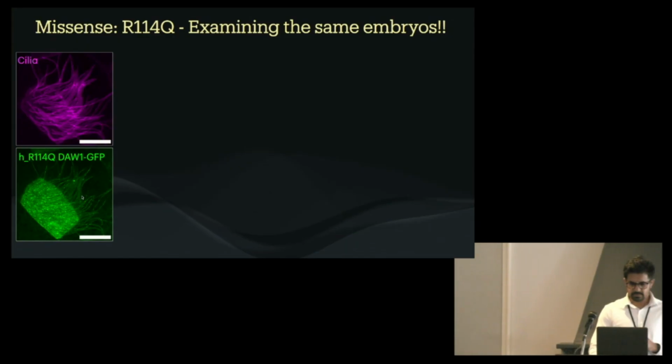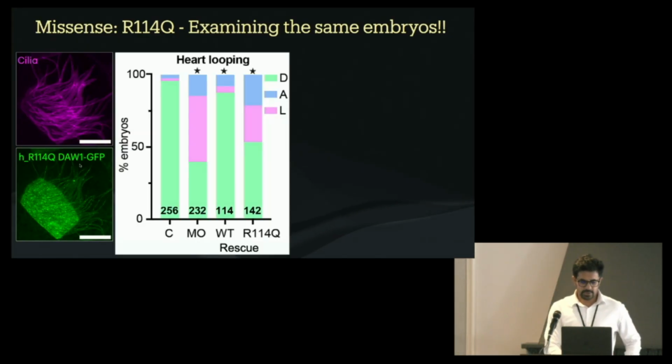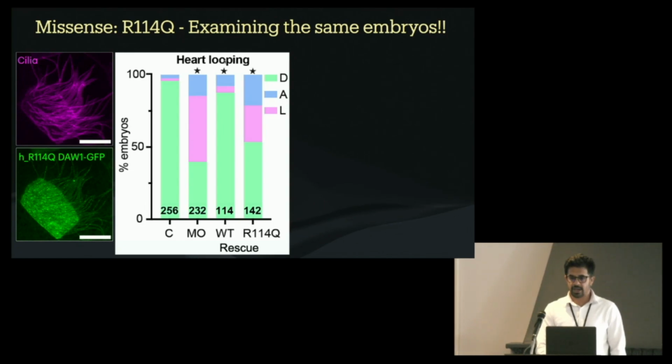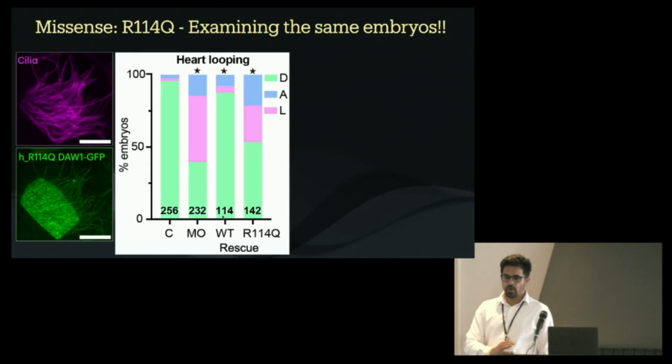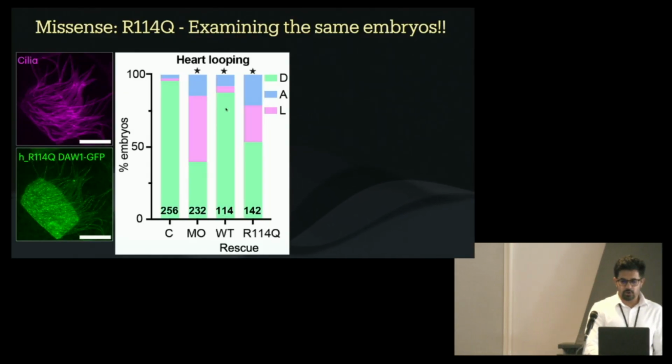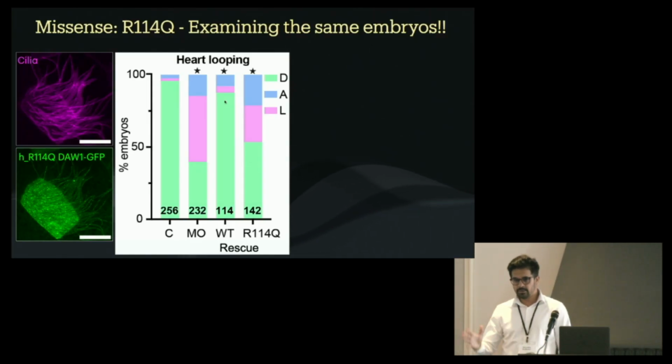cells. But here I'm going to walk you through this graph. So here you're looking at a heart looping or cardiac looping graph. On the x-axis is your percent embryos, and you can see all control embryos had normal heart looping or outflow tract. When you deplete DAW1, you get about 60 to 65% of the embryos who have a heterotaxy-like phenotype. Now, when you inject human wild type RNA to replace the frog DAW1, you are getting almost 80% rescue of